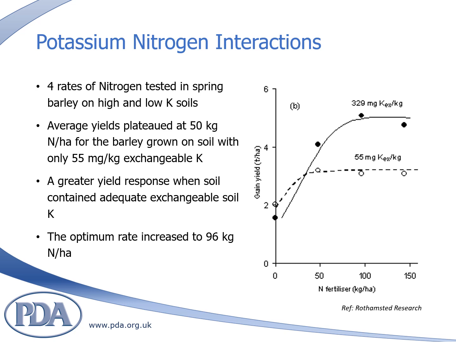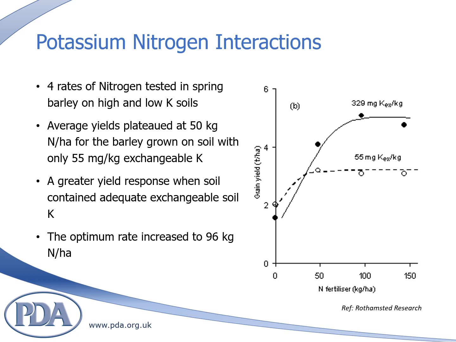In nutrient solution studies, higher rates of potassium allowed for the efficient use of more nitrogen, which resulted in better early vegetative growth and higher grain and straw yields as potassium and nitrogen rates increased. Crops respond to higher potassium levels when nitrogen is sufficient, and greater yield response to nitrogen fertilizer occurs when potassium is sufficient. When 4 rates of nitrogen were tested on high and low potassium soils, there was a large difference in the response of spring barley, as these results from Rothamsted research show.